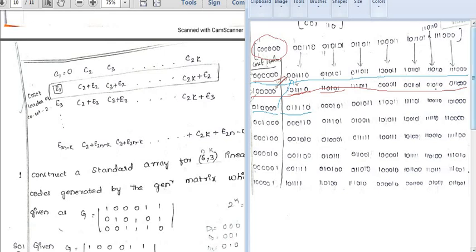So I hope you are clear with this part. So you have to do this problem, make a note and send me as an assignment. I will be sharing the link, the Google link, where you have to attach this problem. So you have to submit 3 assignments: the previous class assignment, along with that the error detecting and error correcting capability, t as well as capital D, which you have to find, and this one, constructing the standard array for the given problem.